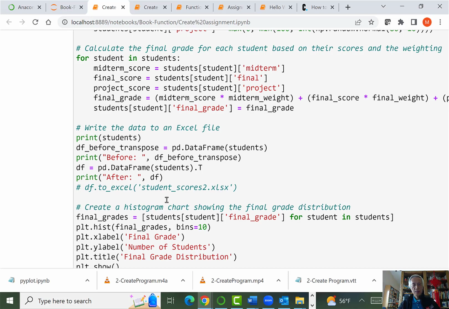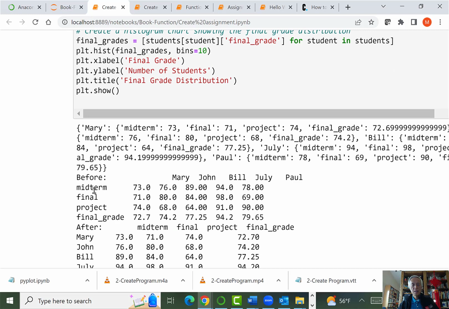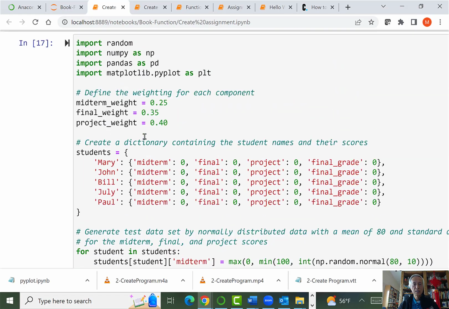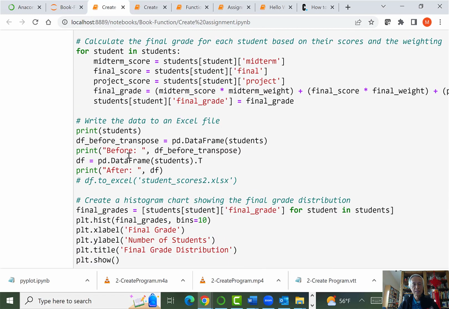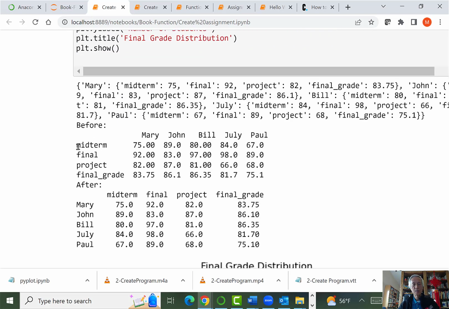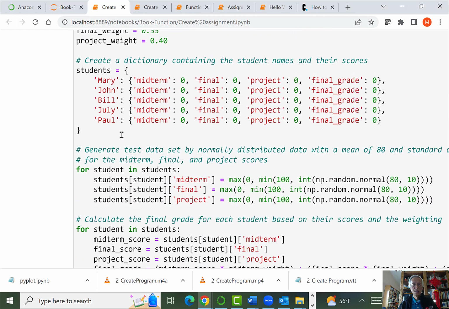So before you have actually, let me do one more thing. Okay, it didn't print out that nicely. I'm going to just add a \n, so go to a new line. That's better. Okay, so in this case, actually, you will find out before the transpose, when we use